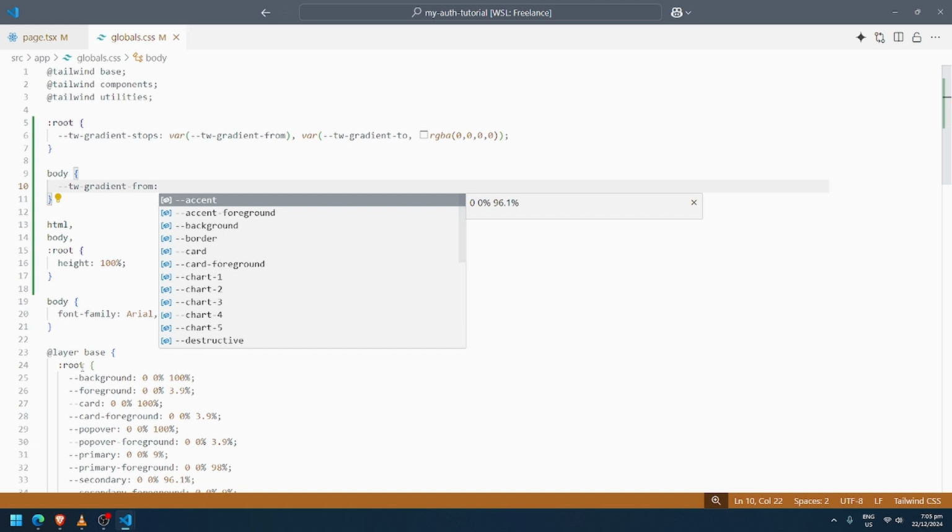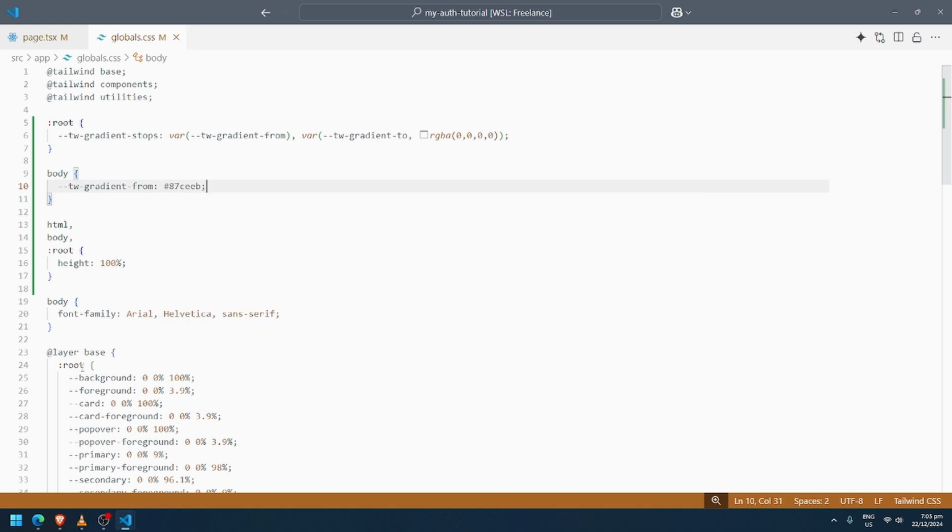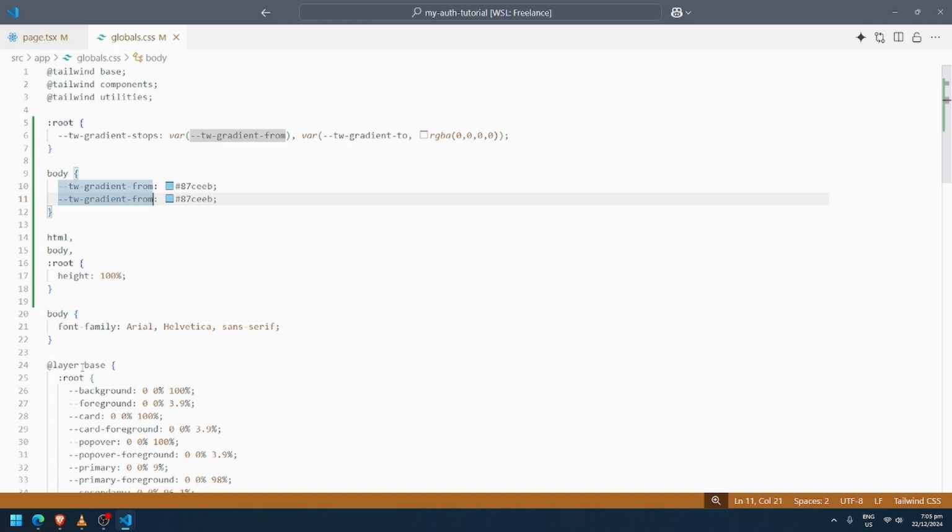with this value equivalent to sky blue. Let's just duplicate that and change from to to, and sky blue and blue. So now we have this from and gradient to. I have a mistake here.